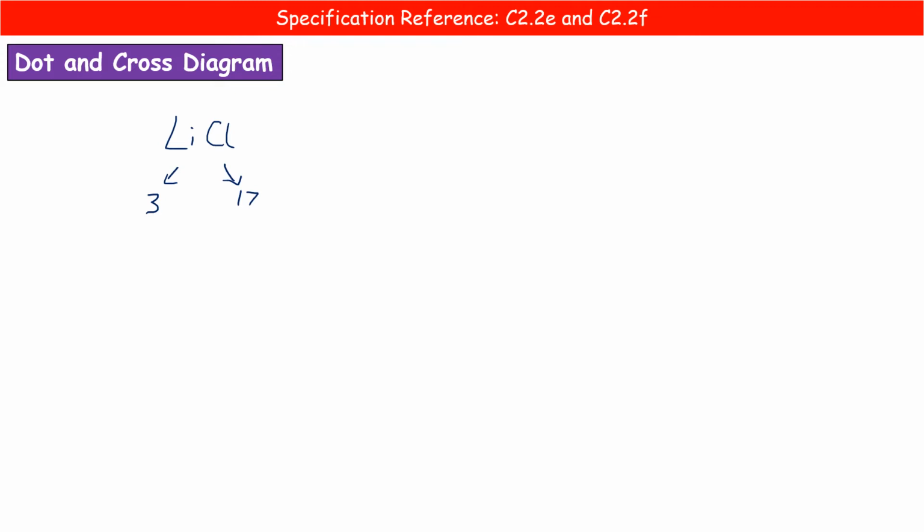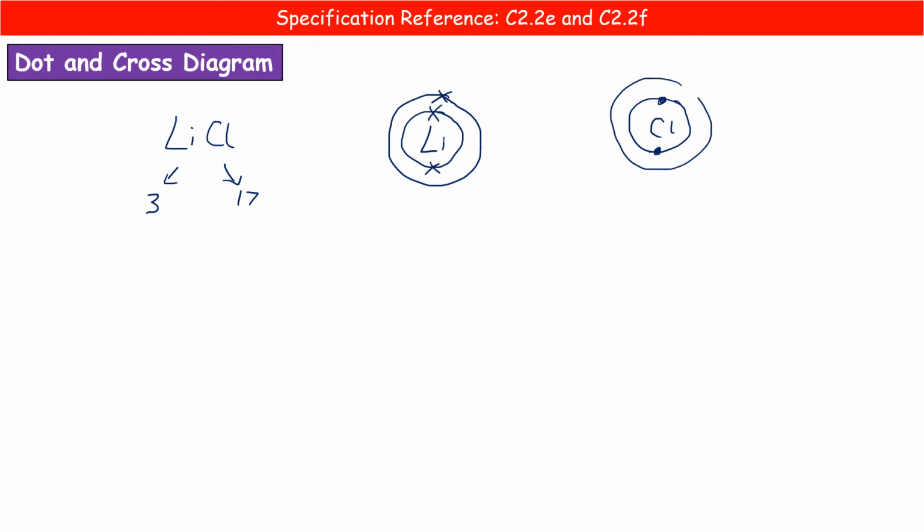Now, when we're drawing a dot and cross diagram to show ionic bonding, I always think it's easier to start off by actually just drawing the electronic configuration. So start off with lithium, 2 electrons on the first, and then we have our second shell with the 3rd electron. And then if we do the same for chlorine, note the name, dot and cross diagram. If we've used crosses for lithium, we must use dots for chlorine. So we put 2 on the first shell, then we can have up to 8 on the second,